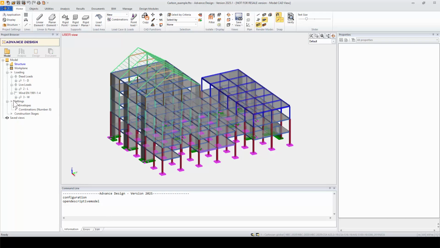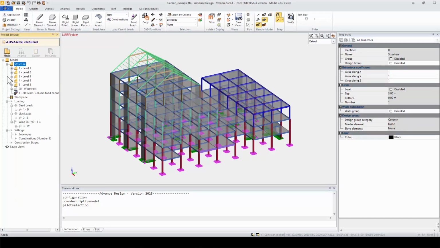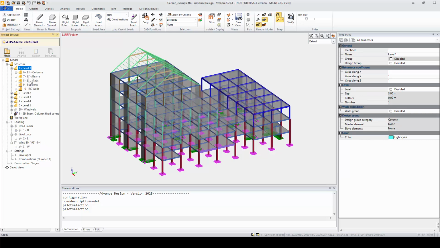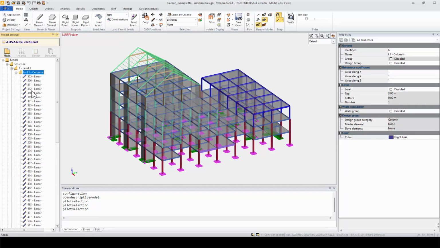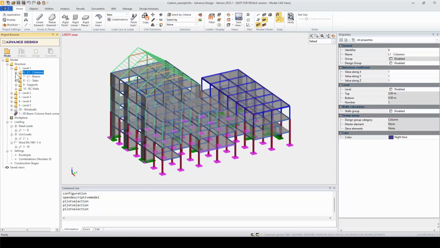If I open, let's say, this model here, you will see that this model has been categorized by levels. I can even go on and see that everything is organized as you see there. I can see my columns and beams for the first level. This is going to help you, first of all, to select specific parts of the structure much more easily, and also